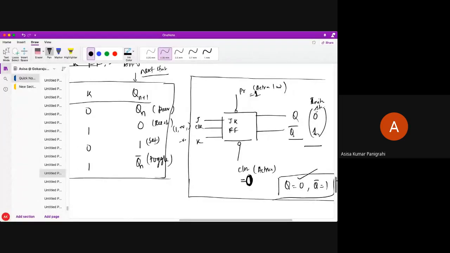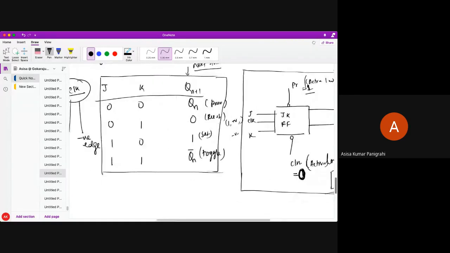My aim here is to design a JK flip-flop with level triggered clock, positive edge triggered clock, and negative edge triggered clock. Before that I require an initial state of the flip-flop. How have I got the initial state? Since I have been given active low preset and active low clear, I have given clear equal to 0 and preset equal to 1 so that I got my initial state as Q equal to 0, Q bar equal to 1. Did you all understand up to this or not?